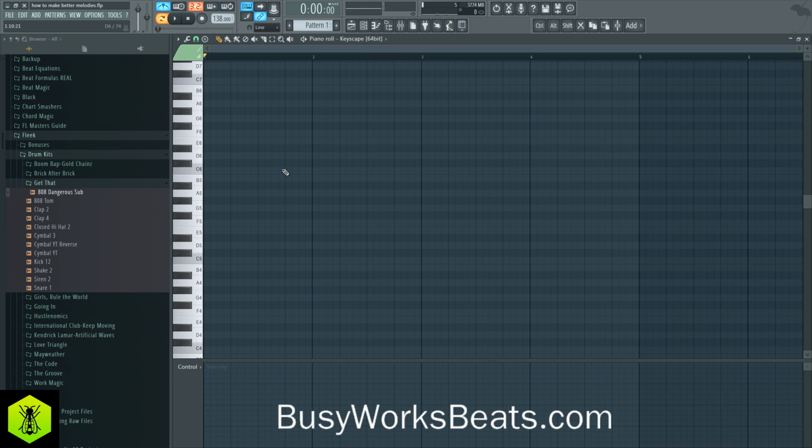So instead of starting your melody over here, try starting it before the next bar. So move your notes over here and then start your melody. That way it gives time for the melody to build in, and so on and so forth. So that's another mistake I see a lot.